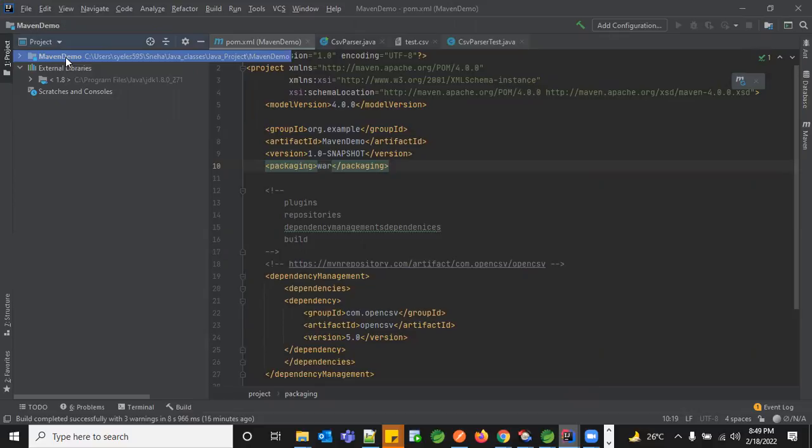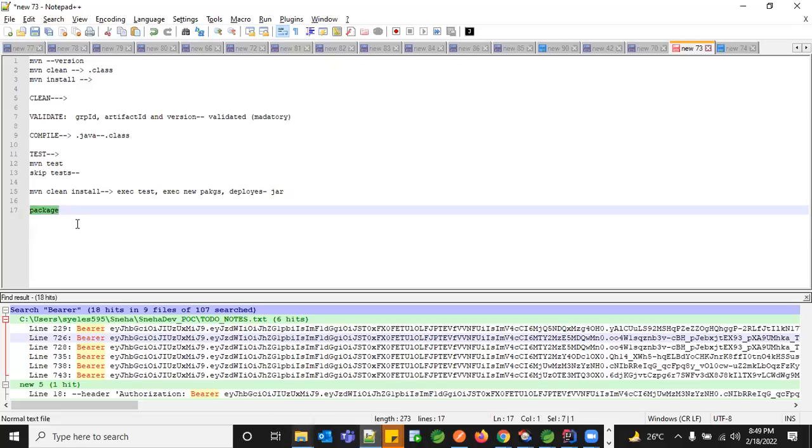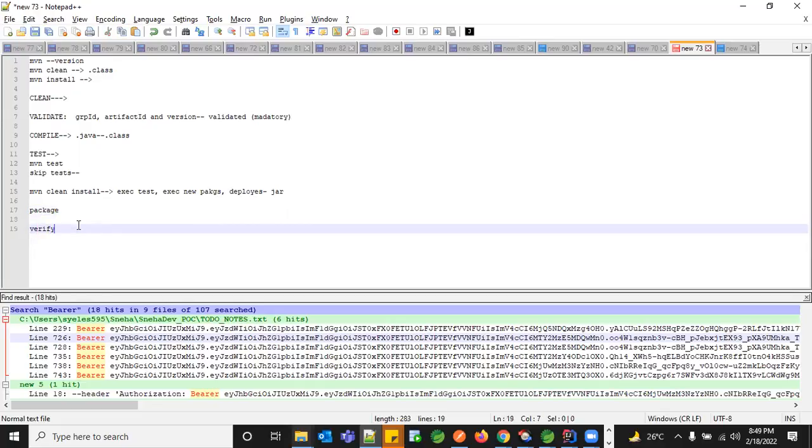But the final packaging is required in your enterprise setup. Then we combine everything and make it an EAR. So there are three kinds of packaging. Right now we are focusing only on the jar, which is Java archive files. For this kind of packaging, you will be using the package phase explicitly. The next one would be your verify.